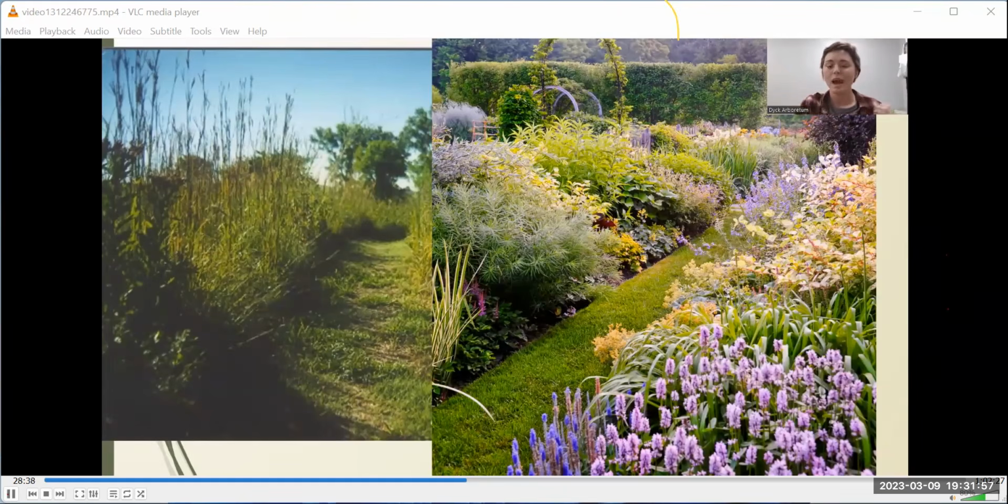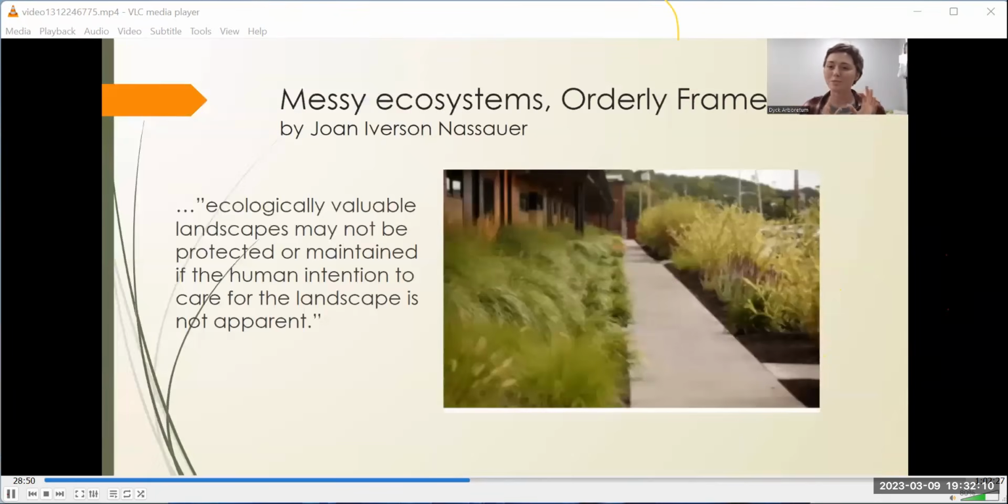And that's something that, as you start to look around and see landscapes, you can tell that the landscapes that people tend to like the most are ones that have very clean edges. So that's what we're going to talk about, is framing. There's this great